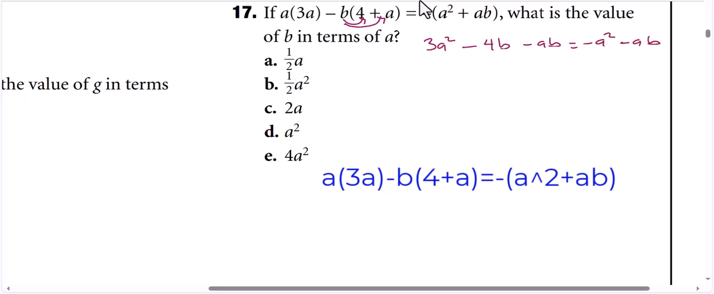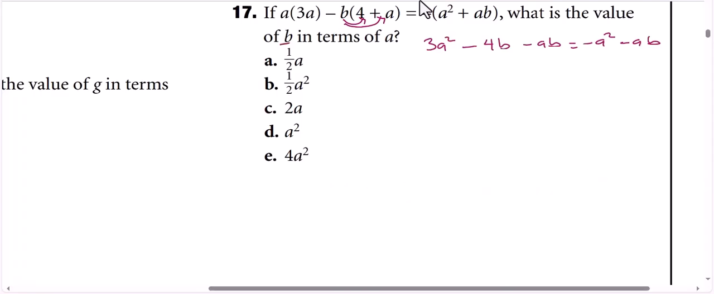So what is the value of b in terms of a? So we are solving for b. We want to make b the subject of the formula. So at this very point, we need to isolate b. Because I have minus ab here and also have ab here, so I want to unite the ab. So I have 3a squared minus 4b is equal to minus a squared